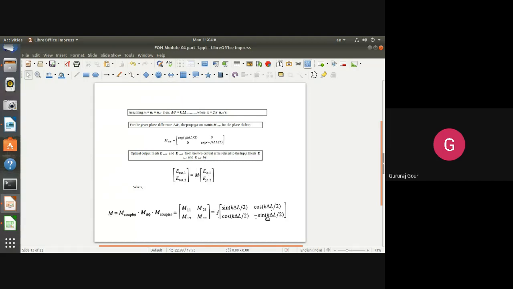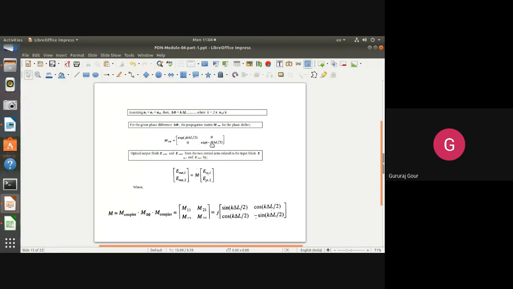The technique to remember this is, anyhow we have e to the power of j k delta L by 2, j is involved. So that j we keep outside the matrix. Then e to the power of j k delta L by 2 means it is cos k delta L by 2, you can write here, and the second term you write here. Similarly, cos k delta L by 2 you are not writing in the present column, you are writing in another column. So here you can see cos k delta L by 2 you have not written in this column, you have written it instead in the second column.